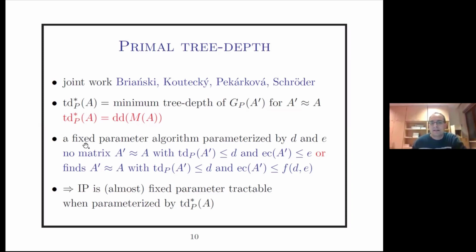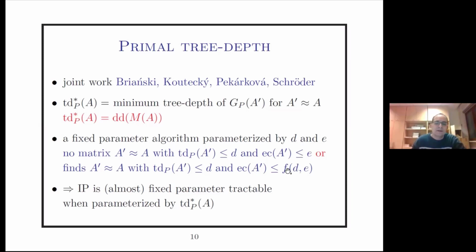So what we actually did is we designed a fixed parameter algorithm, parameterized by D and E, which either outputs that the given matrix is not equivalent to a matrix with a small primal 3-depth and bounded entry complexity, or finds a matrix with a small primal 3-depth and the entry complexity bounded by a function of D and E. Unfortunately, we don't know how to put here the same E as here, but from